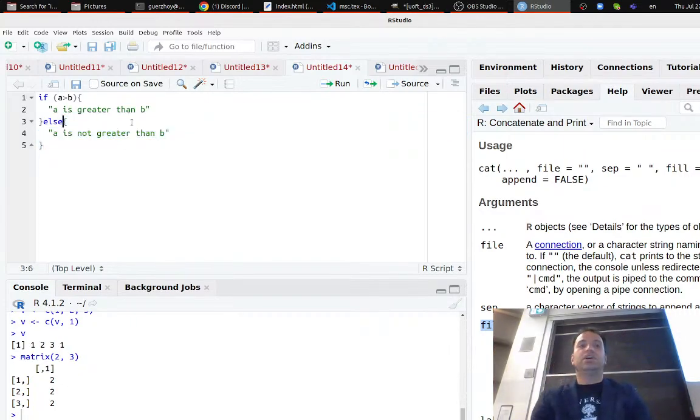I was confused about why else, because you're not ending the statement there. Well, this is just like in math. I don't know if you saw it. Sometimes people write stuff like this, right? So like a is